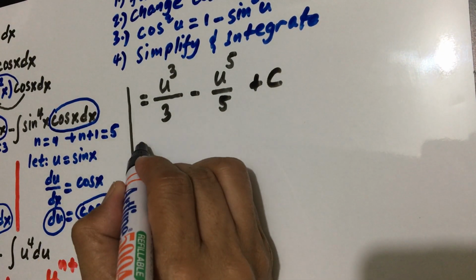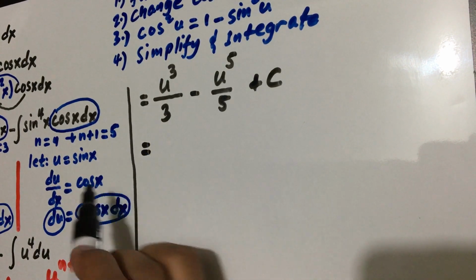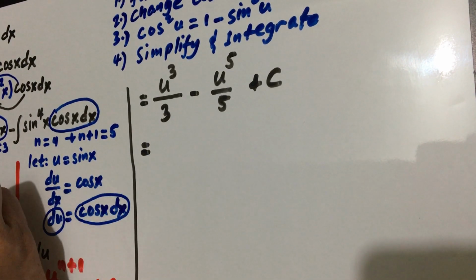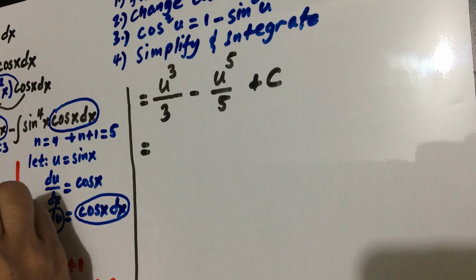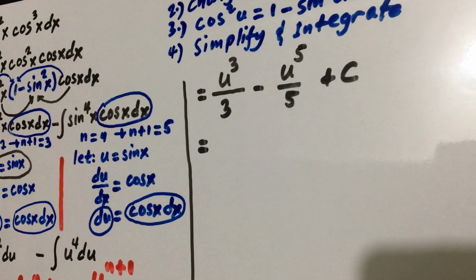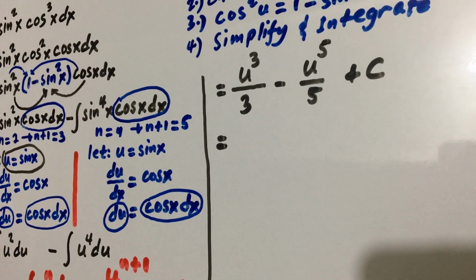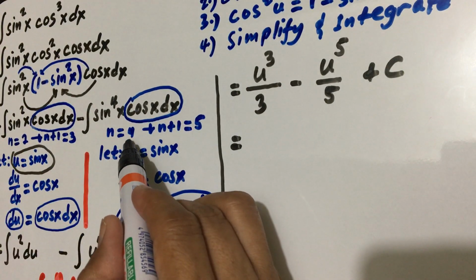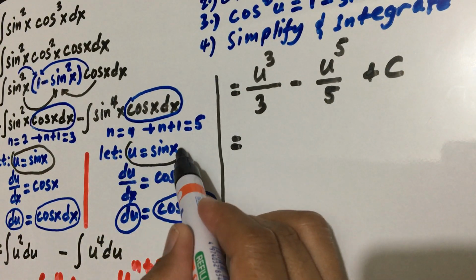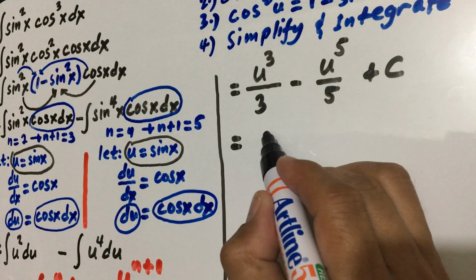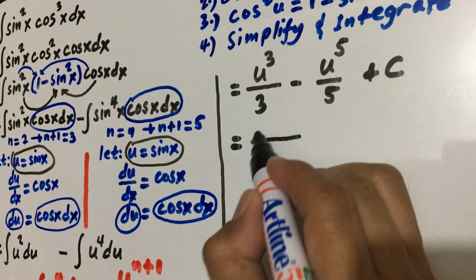Then substituting, as you can see here, our u for this part is this, and for the second term, our u is the same. So substituting, instead of u, we use sine x